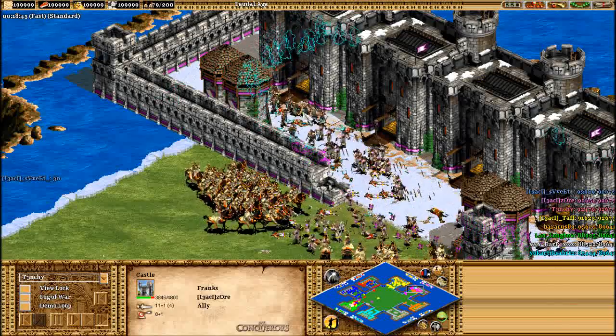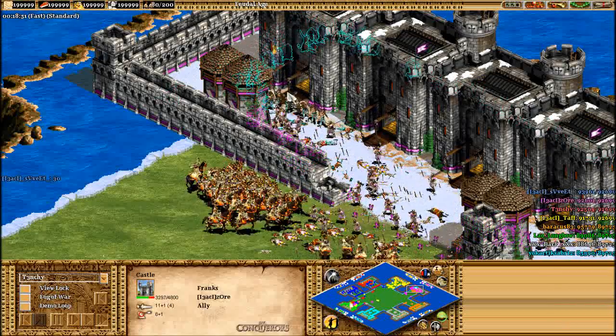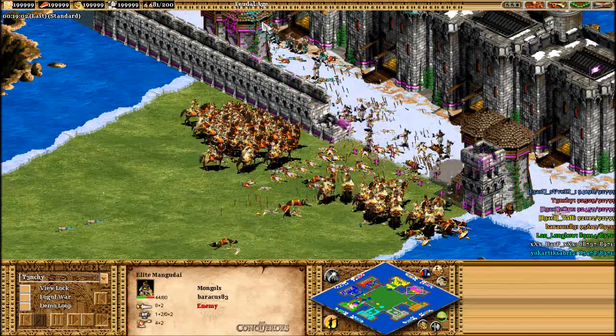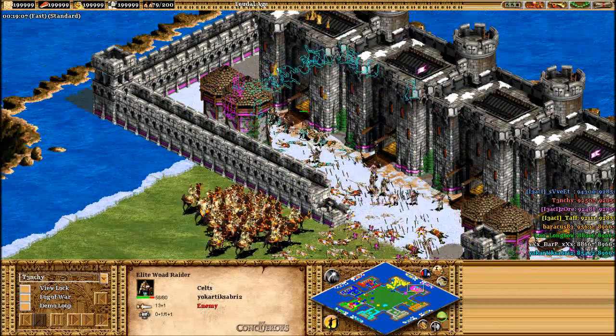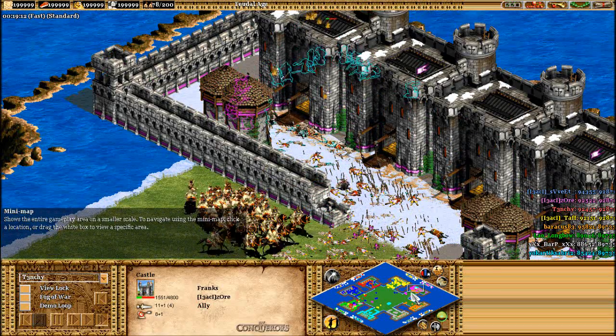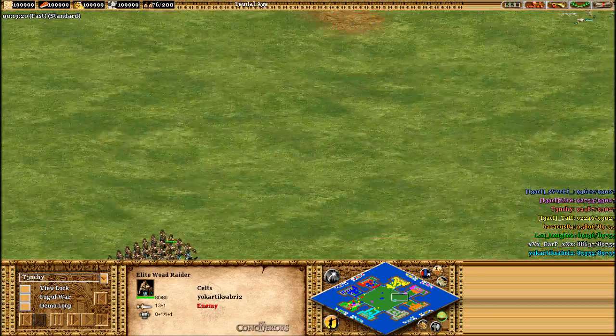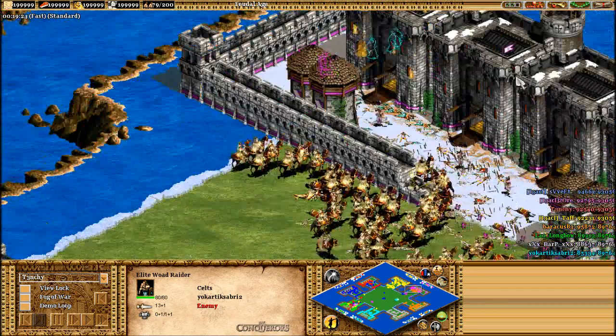The Woad Raiders aren't able to do too much damage, as they don't have much pierce armor at all. However, purple is being picked off fairly quickly by these Mangudai, and the Woad Raiders are doing a fair amount of damage to that castle. Actually, that's quite a lot of damage indeed. He doesn't know that there's another push coming across the map, and he's got a bit of an issue now